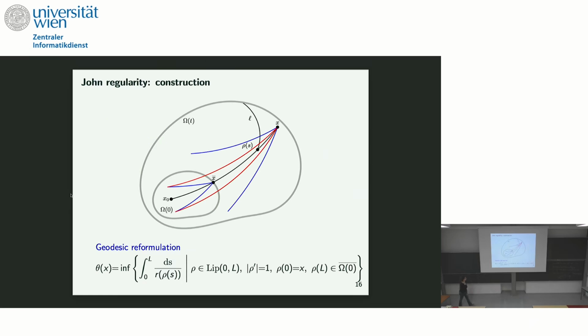Now let me just tell you one word about the proof. How does the proof work? Well, the key remark is that you have an explicit representation of this solution theta(x) via a kind of geodesic reformulation. And so at the end of the day, you end up working with curves that start from your point, and you try to show that these curves have a nice enough slanted cone that fits within your original domain.